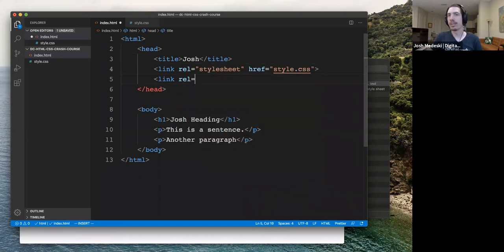Link, the relationship of the document to the file, that's what this property means, is called stylesheet. Because it's a CSS style sheet. That's what we call a CSS file. And the href is the reference to the position of the file. All right, if that makes sense, hopefully it does. And we just name the file,